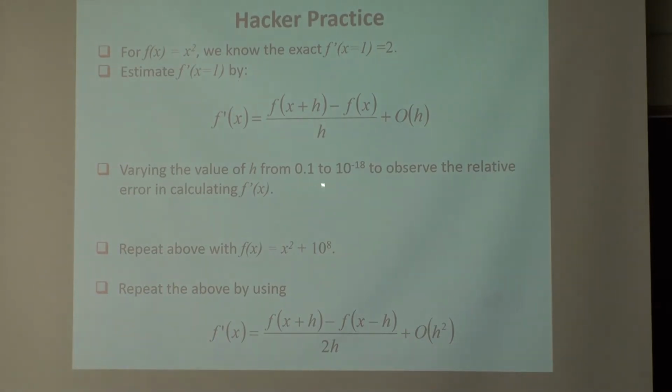When h is 0.1, and then becomes 0.01, the answer should improve, because your h gets smaller and the approximation gets better. At this end, 10 to the minus 18, because it is 1 plus 10 to the minus 18, it doesn't handle so much precision. It's 1.0000017 and then 1, right? And that mantissa is not handled well. So you will get something with a lot of errors.